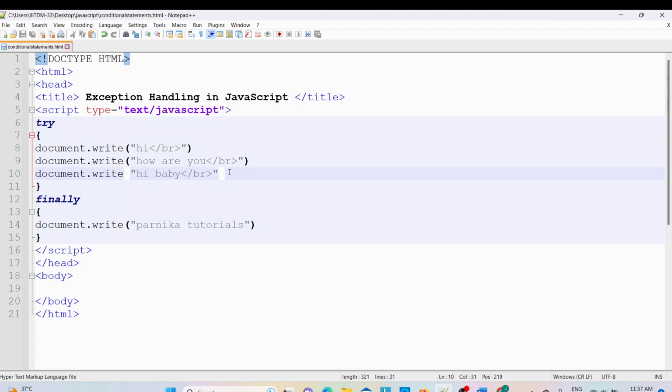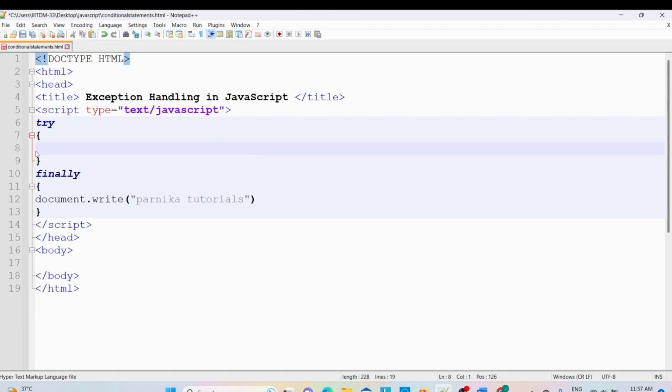If the user enters an input less than 10, I should display that you have entered the correct input. If the user enters an input greater than 10, then I should throw an error. That error should be caught by the catch statement and then displayed. To do that, I will ask the user to enter the input in the